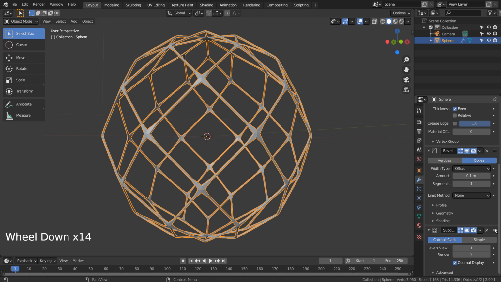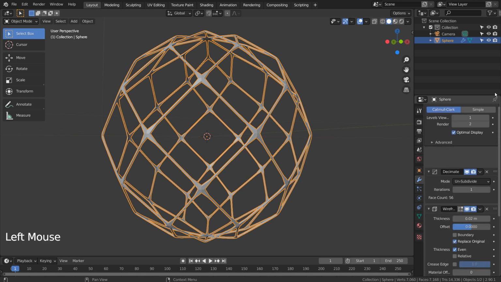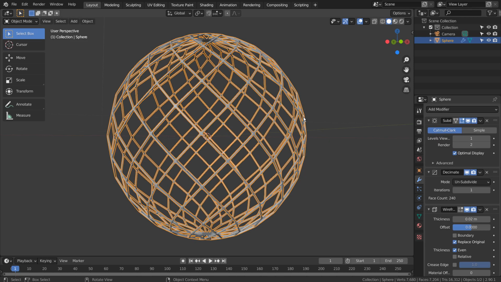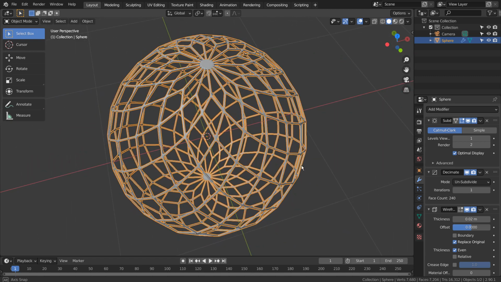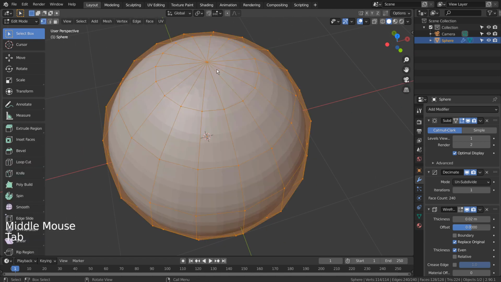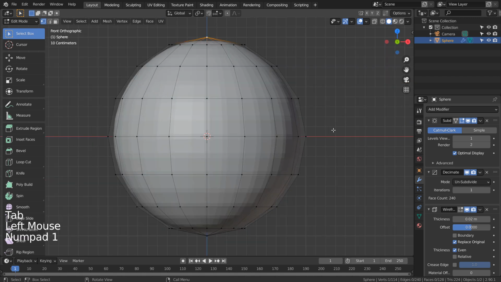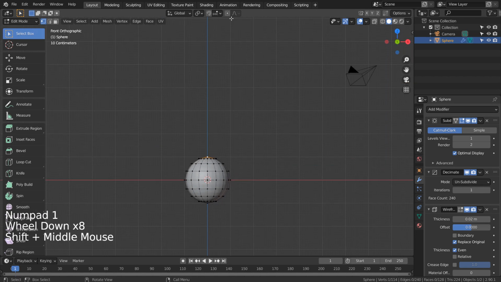We should drag the subsurf modifier to the top of the list. Let's proportionally pull this vertex upward.